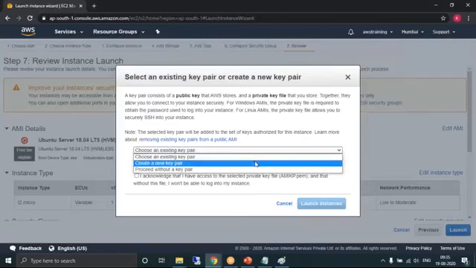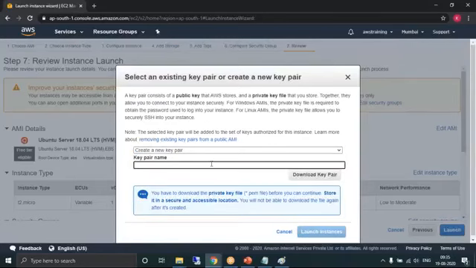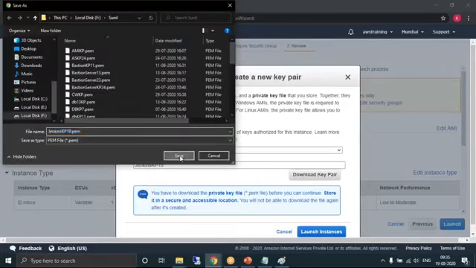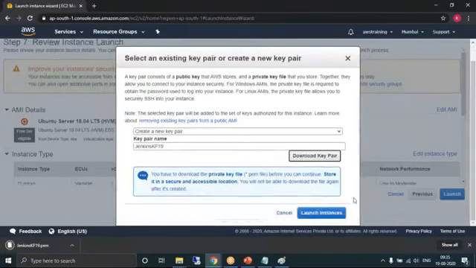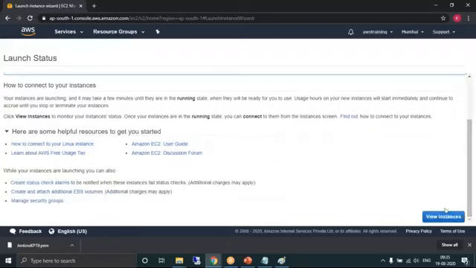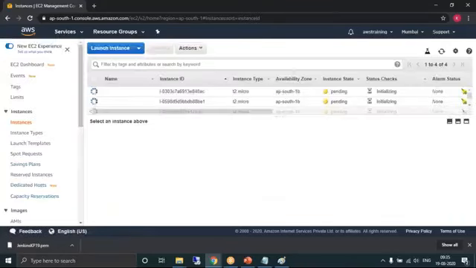Create a new key pair, and you know key pair is another file with extension .pem. So I name it, for example, Jenkins key pair with today's date 19. Launch instances, view instances.